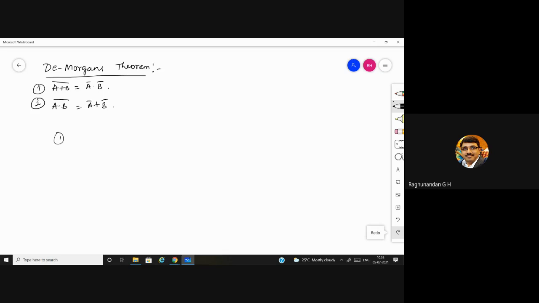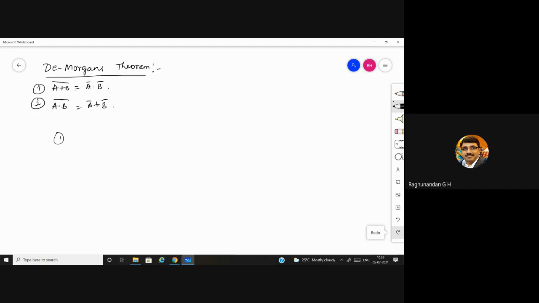Let us take the first one. It says the complement of the sum of two or more variables is equal to the product of the complements of the individual variables. In the same way, the complement of the product of two or more variables is equal to the sum of the complements of the individual variables. So that is the statement.